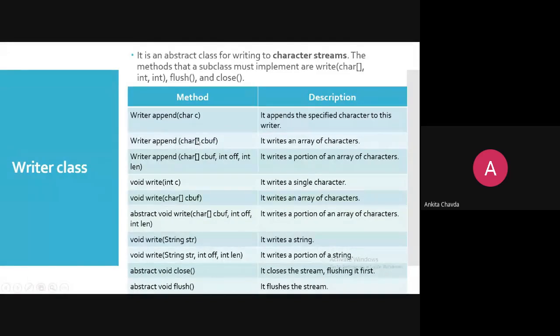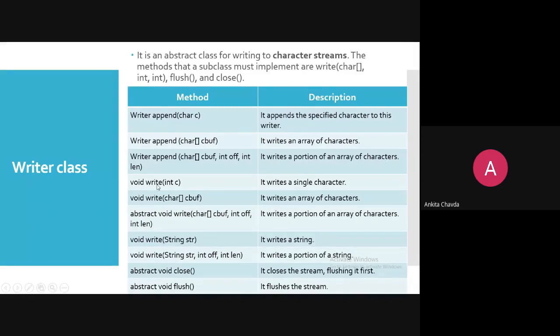You can use a character array. You don't have to write a single character, but a sequence of characters, so you write via a character array and it will write the array of characters. Append again with a character array, where you choose the index to start from and the length to write, so only a portion of the array of characters is written.